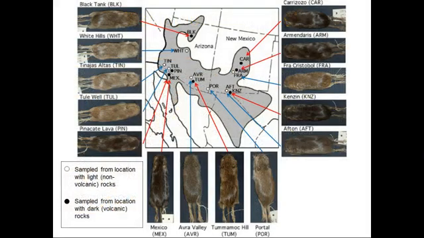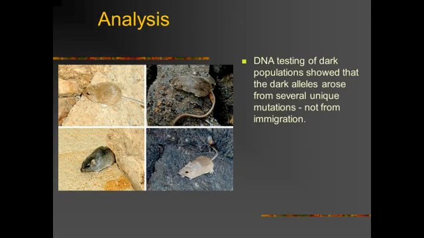Well, the first question was answered in a study done in 2003, showing a strong selective pressure and correlation between mouse fur color and the color of rocks where they lived. You can see here that all the light-colored mice live on light-colored rocks, and the dark-colored mice all live on these dark-colored volcanic rocks. Later tests showed that the dark populations arose by unique mutations to the MC1R gene, not